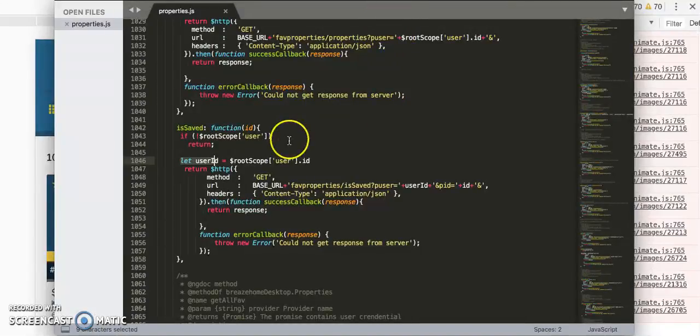And so the changes that I applied to the code base are: previously the user ID was being accessed directly. So it was accessing rootscope user.id here all the time without this validation. So at the beginning of the function, I validate to see if rootscope user is defined. And if it's not defined, then the